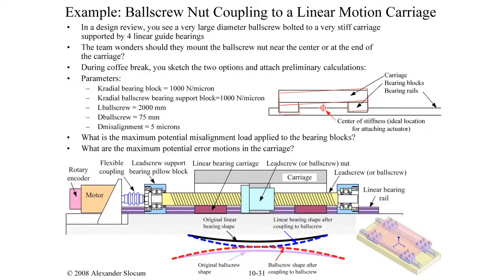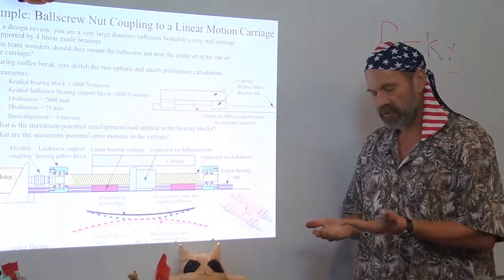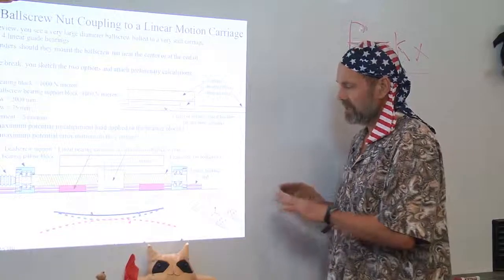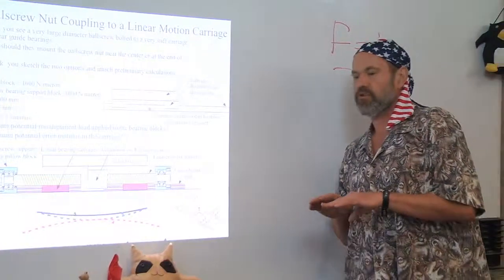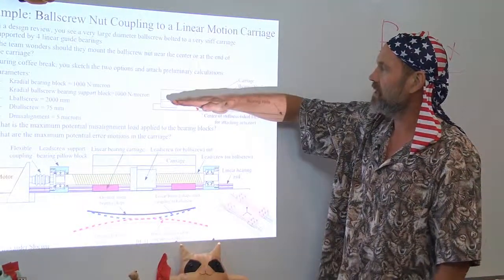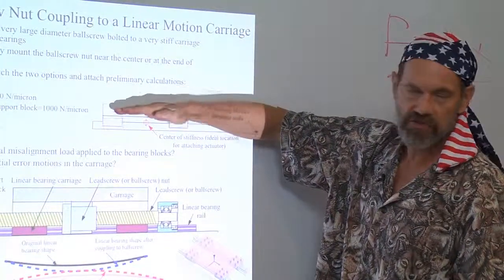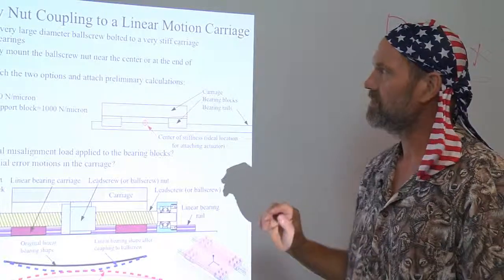Now start to think about the bearings as a system and how the actuator is coupled to the carriages supported by the bearings. The most important lesson here is, again, the center of stiffness is a very, very, very important critical element. The actuator, as it's applying a force and having its own motion, is going to have some little parasitics associated with it. Nothing is perfect. I want those little parasitics, as they're moving along, to be applied through the center of stiffness of the carriage supported by the bearings, such that any parasitic forces that come along only cause a linear translation of my carriage, not a pitch or roll of my carriage as I move. Very, very important,